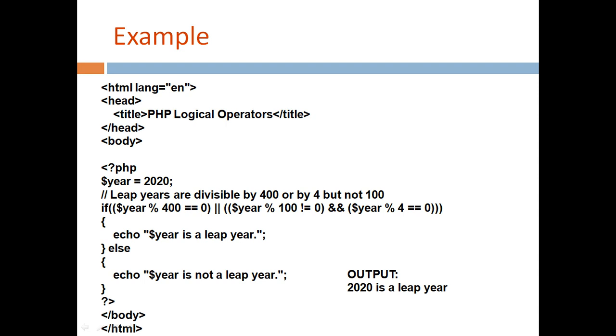When you try for 2020, this will be true, that is you will get remainder 0 and this also will be remainder 0, whereas here we will not get a remainder as 0. So we say it is a leap year. If you try for the other case 2021, this condition itself fails, so obviously this AND operator fails to yield a true result, so else will work.